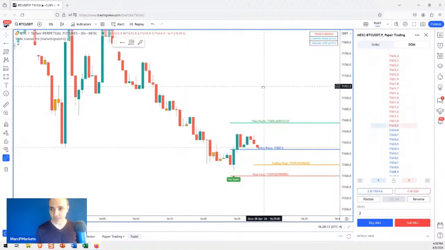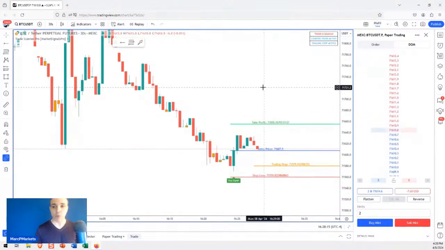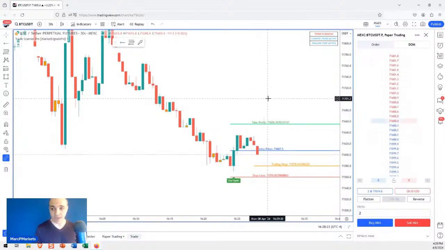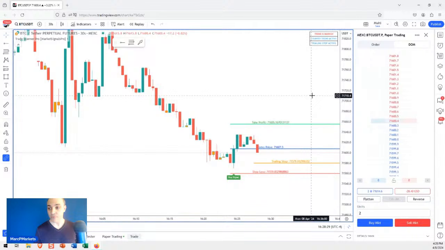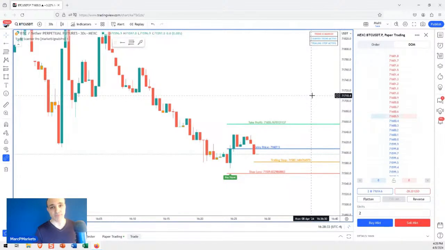Okay. So like I said, markets are highly random. There's no way to know which way these things are going to go. I'm not using any opinions. I'm just letting the orders tell me what to do. I'm letting the system tell me what to do. And so far, it hasn't been producing anything good. We had a couple of green situations, but it doesn't go to the take profit, which means there's no momentum. Should I be surprised? No, look at the time of day. Time of day is key. I'm going to have to blow this out. They're just not following through.